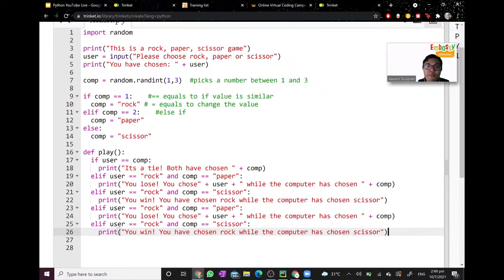We have duplicated these 2 lines of code. You can obviously write it down by yourself, but we will duplicate in this scenario. And now let us change the statements. So now we have done rock lose, rock win.